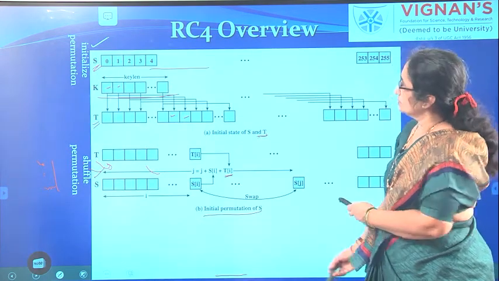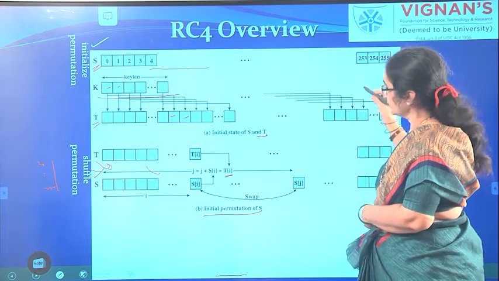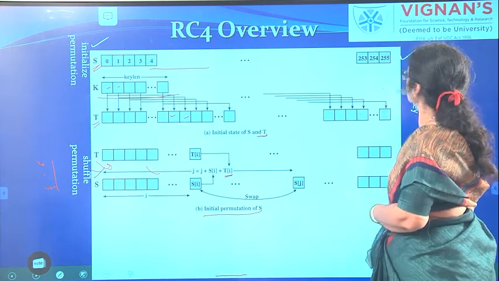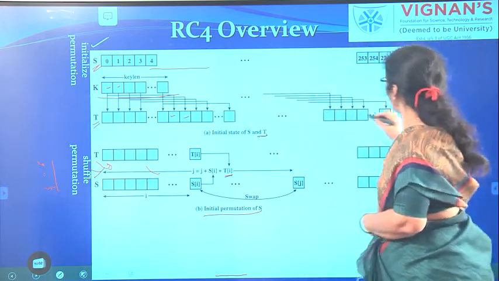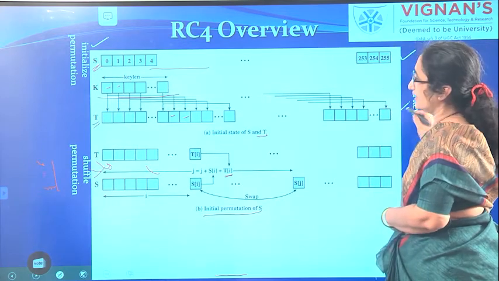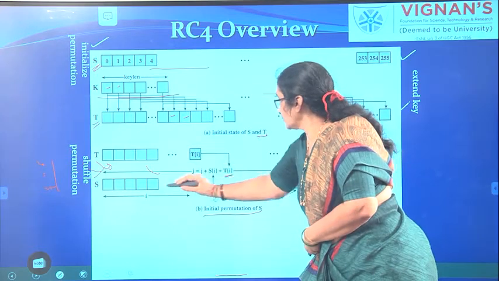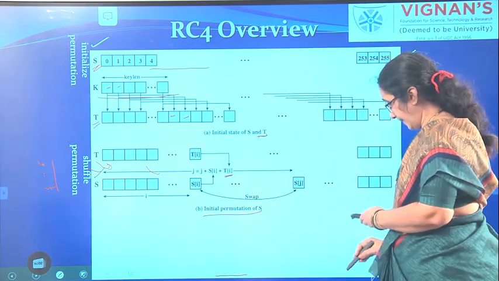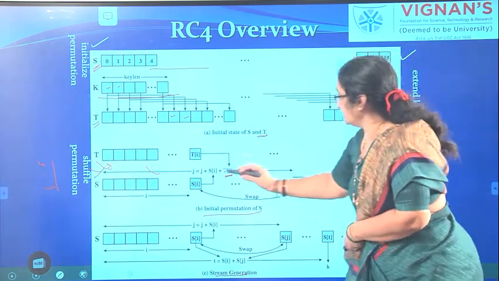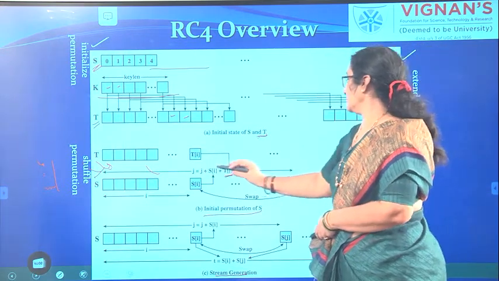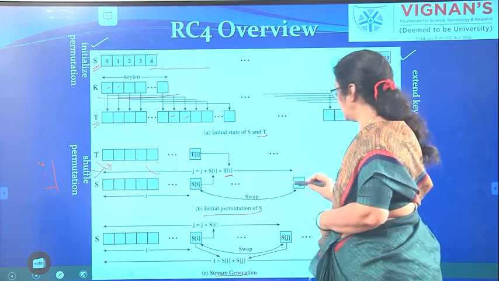Here, in the initialization, you are initializing it and then you are taking the key and expanding the key, and you are using the key to shuffle the S matrix. Now see, you are calculating the j value and swapping S of i with S of j.